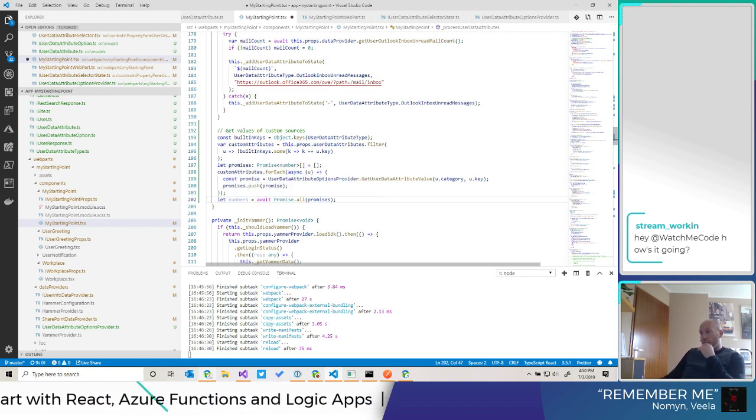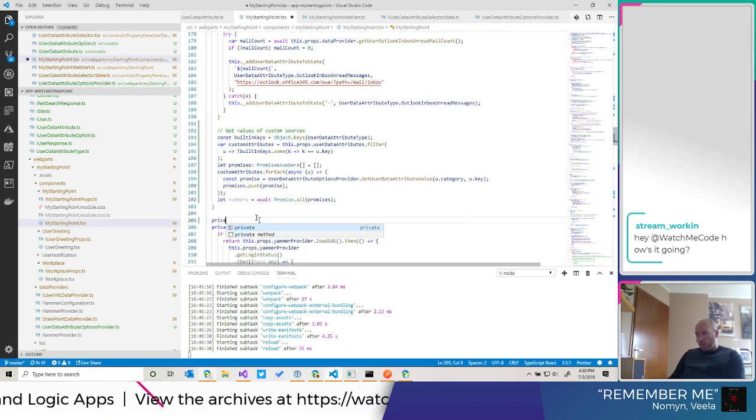Yeah, this will just output the number, but then I would not know anymore for which attribute that was. Let's create another async method.